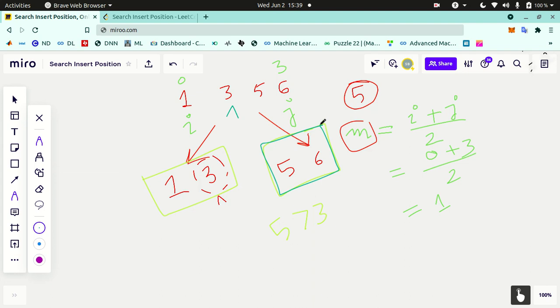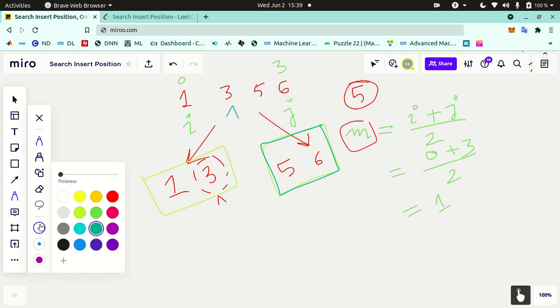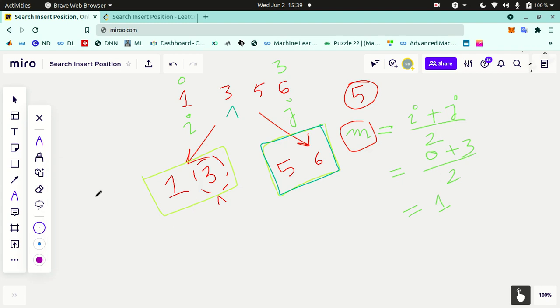Okay, so here you have, now again you have to call the same function as you are using recursion. So you have to call the same function, but this time for some other indexes. So call the same function for index m plus 1 and j. Okay, so m plus 1 means 2. Yeah, so index 2 and 3. So again do the same thing, and